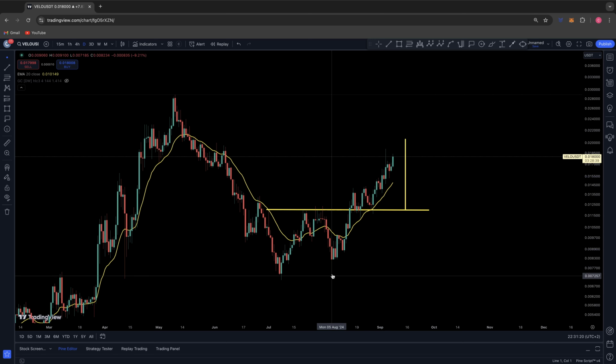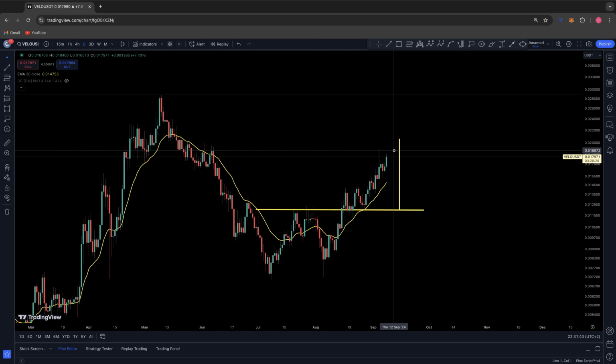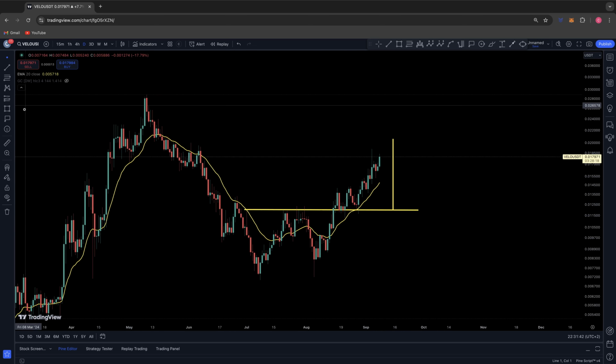So I think this impulsive wave from this low here on the 5th of August is trying to get up to this double bottom target and this sort of foundational base that we've built over the past few months from July into August. So now we've broken out, we've retested the support line, we've come back to the 20 EMA for support, and we're continuing this uptrend. So the trend is our friend until the end, and I do believe that we are still trying to get to this price tag up here of roughly